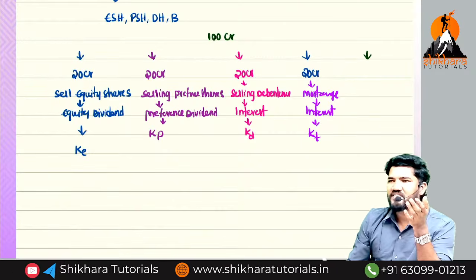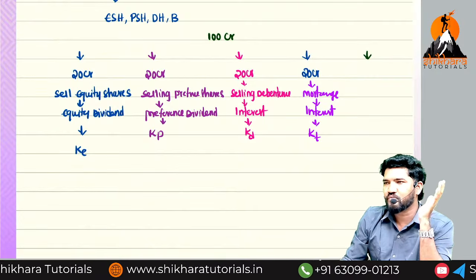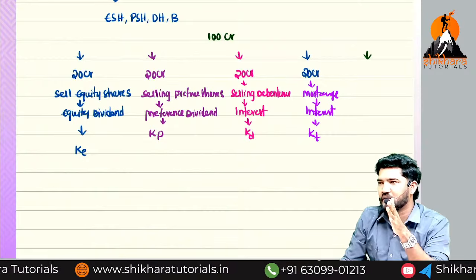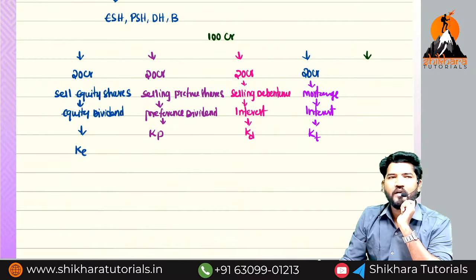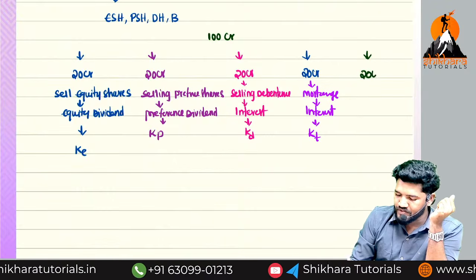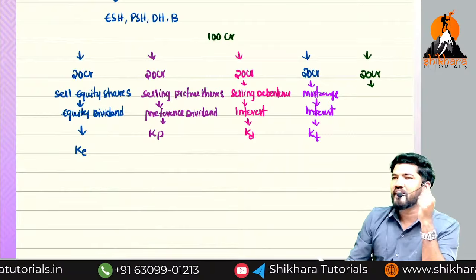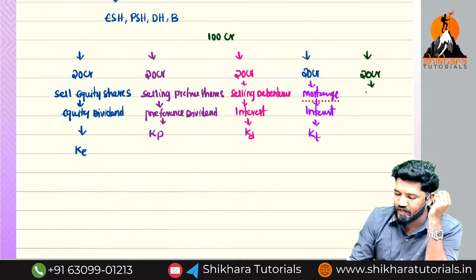My company is an existing company. We created reserves in past years for future contingency purposes. Now there is a future need: I need to do expansion, so I am using that resource for my business, 20 crore rupees. Here also I am not selling anything. I am just using it.